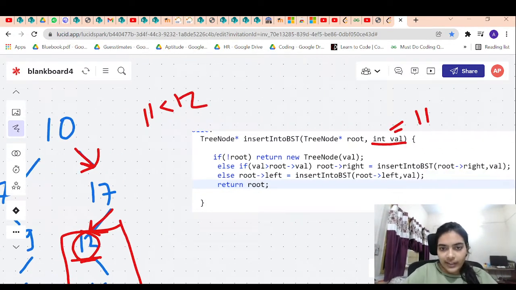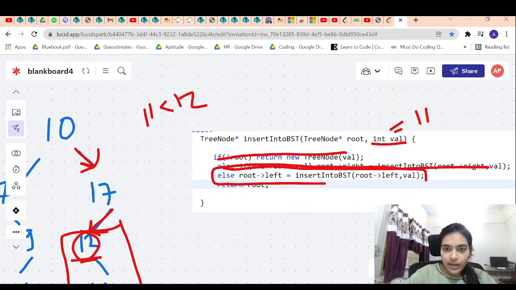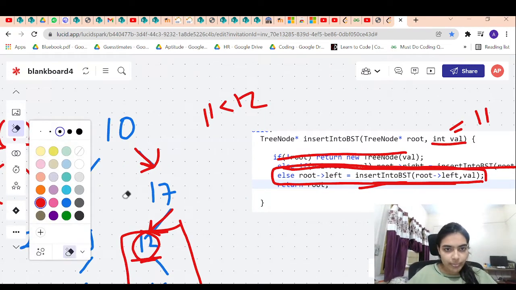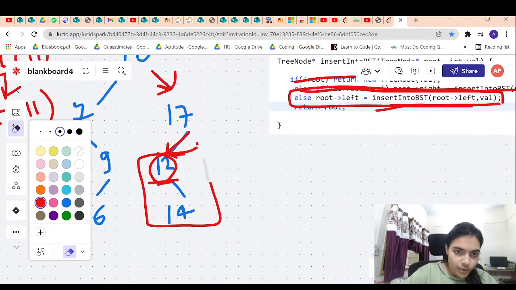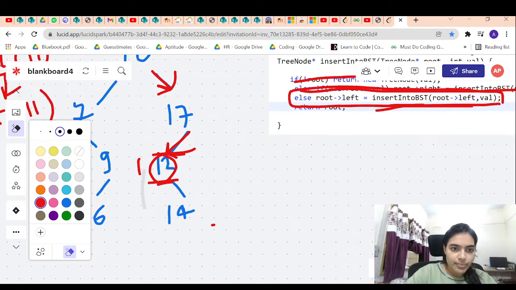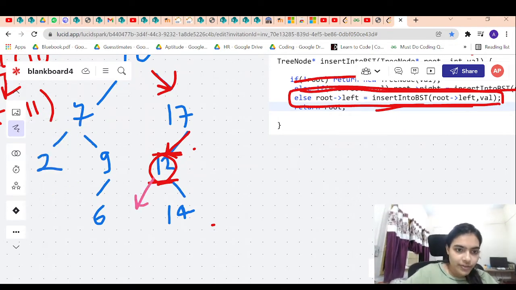So we are again entering into this condition. First condition is false, second condition is false, third condition is true again. So again we will make a function call to the root's left part. 11 is less than 12, so we will make a function call to this part of the root. So let us call the left part again.